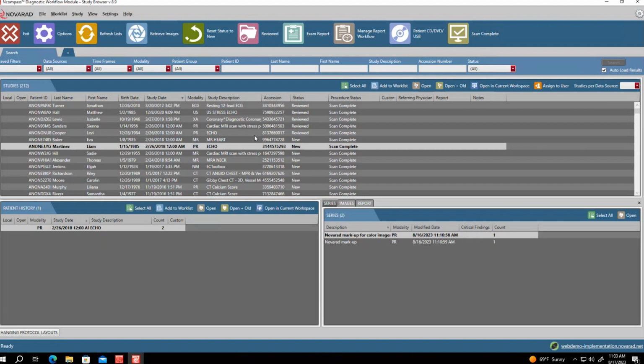It'll just change for their profile. So one of the first things I like to show everybody, and it hasn't been around forever, is their ability to customize the color palette for their viewer. There's a little gear in the study browser that you can click on, and we have a few different color themes that you can pick from.